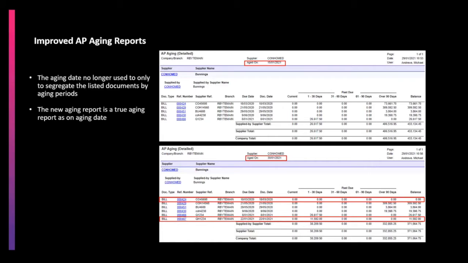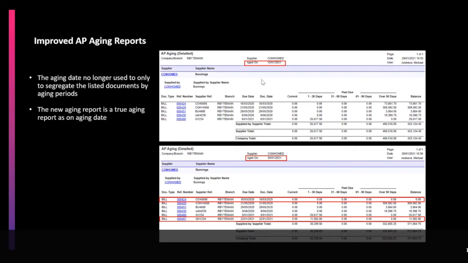Improved AP aging report. In the earlier version, the AP aging report showed all the documents regardless of the business date or the report aging date. As we may remember, in version 2020.3, changes were introduced to the AR aging report, and now similar changes have been introduced to the AP aging report. Now the AP aging report is modified to be date sensitive and transactions are selected based on the appropriate date of the document. The report can be run in a summary or detailed mode, and only the documents having an open status on the parameter date will appear on the aging report.